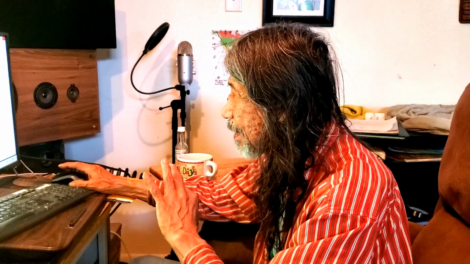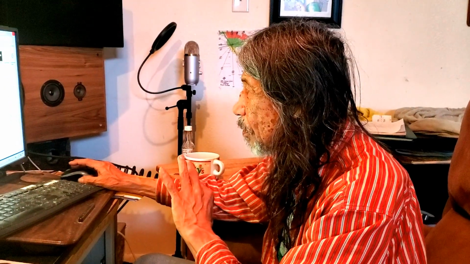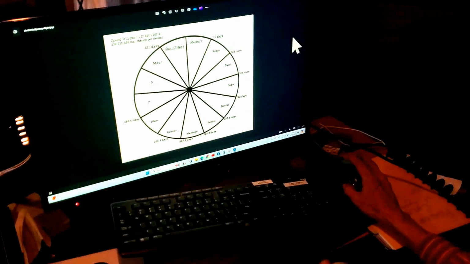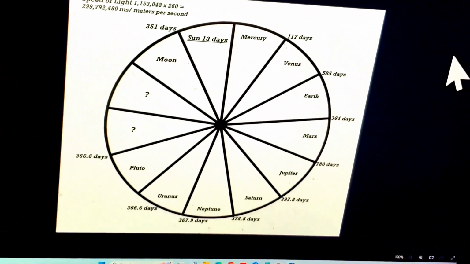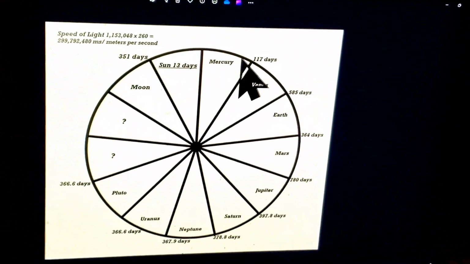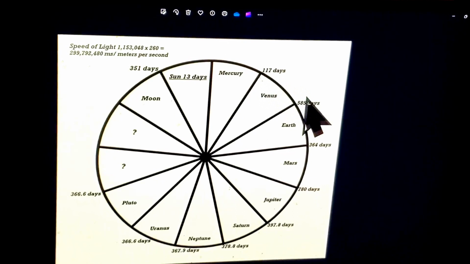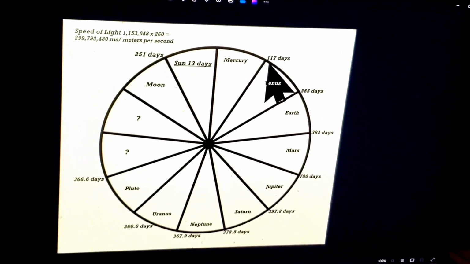But this one's going to explain how these numbers fit into our universe. Well, I should say our indigenous universe, because I can't say our modern universe because they use 12. So I guess I'm probably right saying our indigenous universe. Maybe down the road they'll adopt this so they find out that I'm right. But remember I was talking about Mercury. And that's 13 times 9 is 117 days. There's Mercury, 117 days. In other words, back to itself.